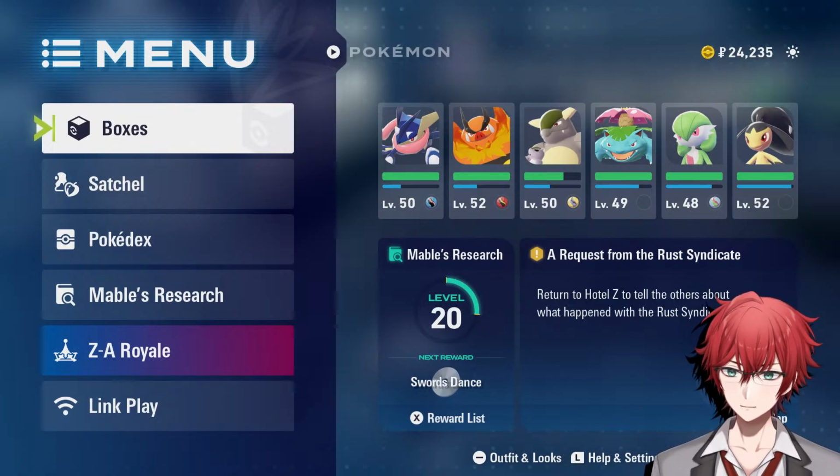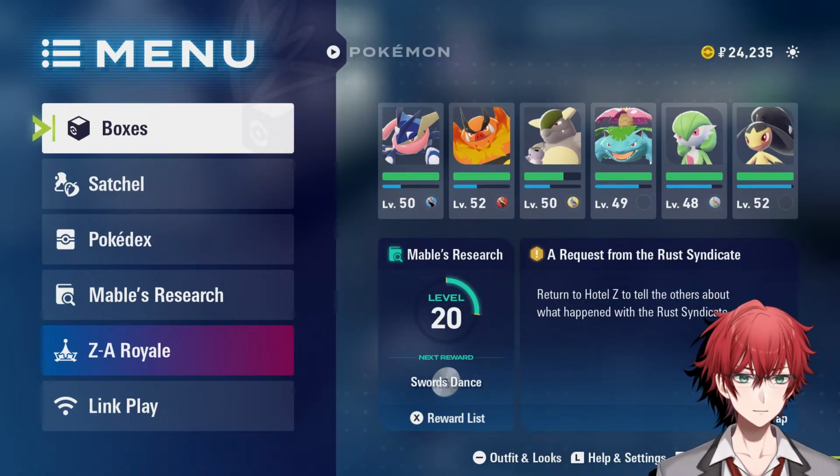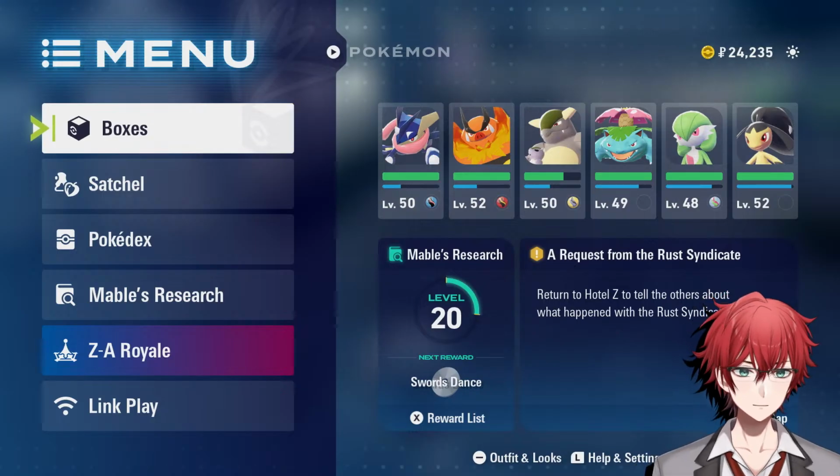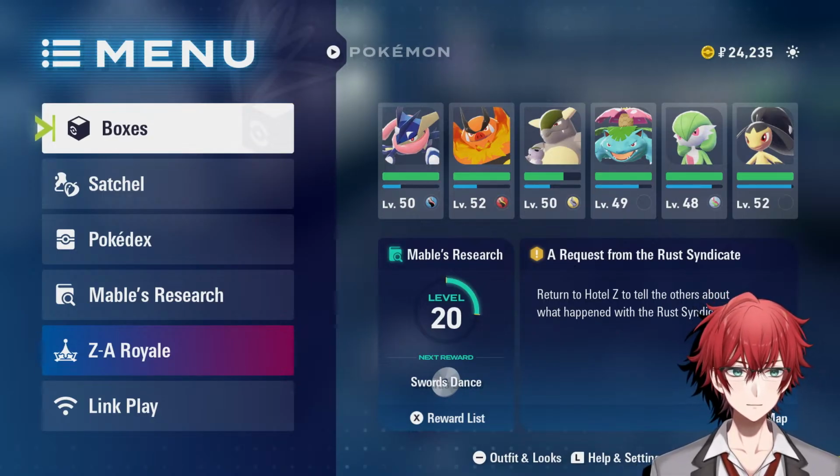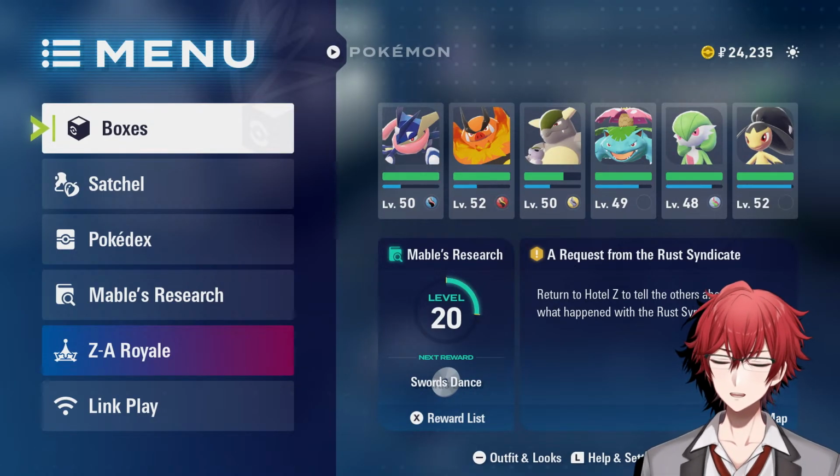Kangaskhan, a parent Pokemon. Once approaching extinction, they are now protected by law and inhabit the Safari Zone. Approach with extreme caution. So that one said Kangaskhan, but I could say like that one's a bit more easy